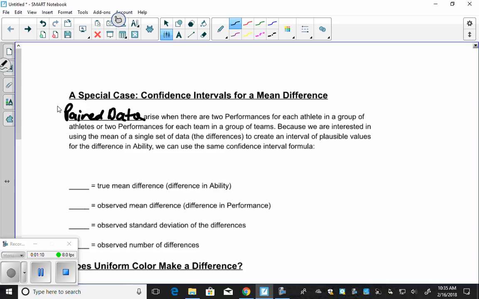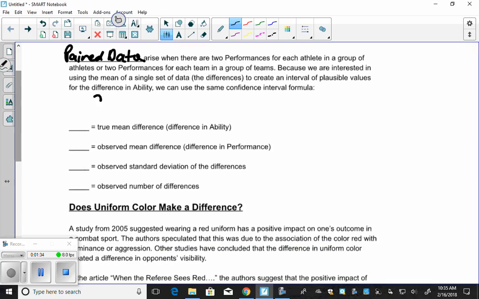Because we are interested in using the mean of a single set of data, the differences, to create an interval of plausible values for the difference in the ability, we are going to have another formula, okay? It is very, very similar to the formula from yesterday. This new formula that will help us calculate the 95%